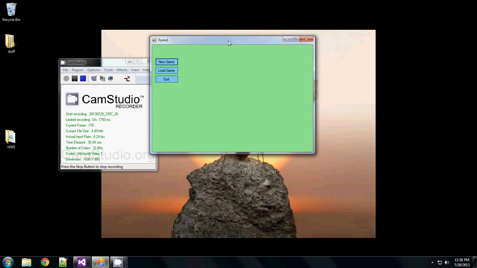Now for my game I use Windows Forms, and as you can see initially when it loads up there are three options for the user: a new game, load game, and a quit game. New game button pops up and sets these three buttons to visible, and this label to select the difficulty. User can select easy, medium, or hard,